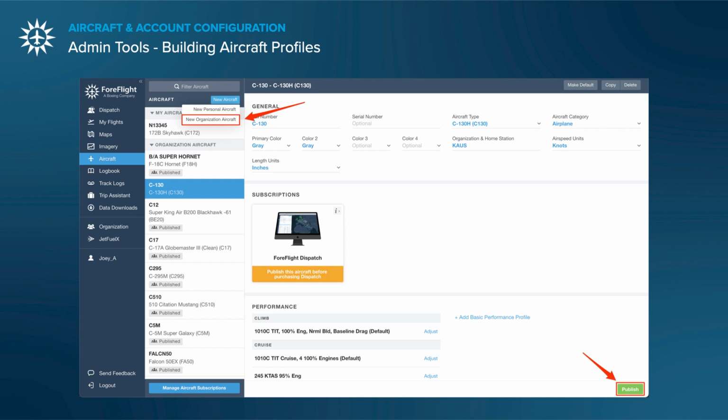Now, we can see from this list in the aircraft category, we have My Aircraft and Organization Aircraft. If you fly on the side, let's say you're a flight instructor like I am, and you fly aircraft that the rest of the unit doesn't need to know about, that's where your My Aircraft come in. However, as an admin, you're going to have a section called Organization Aircraft. This is going to be the list of aircraft that you are going to share with all of the users